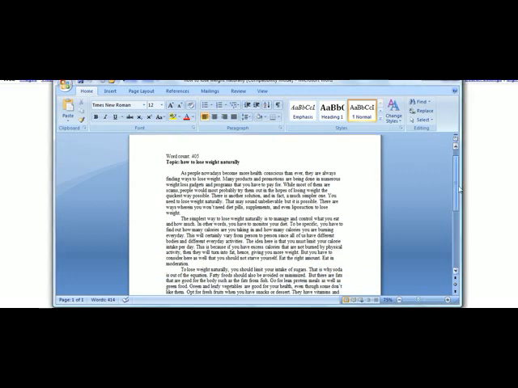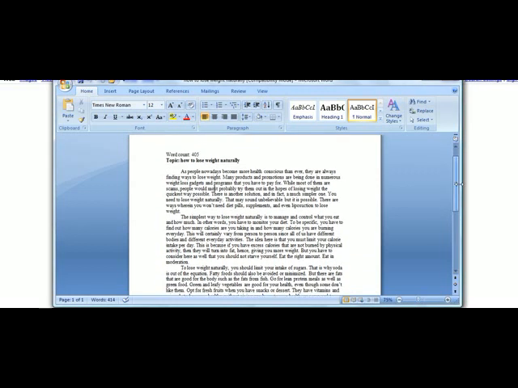And what you're going to do next is come right on over to where it says the topic right here, which is how to lose weight naturally. So what you want to do here is you actually want to be writing and creating the article. Again, you want to rewrite the article.